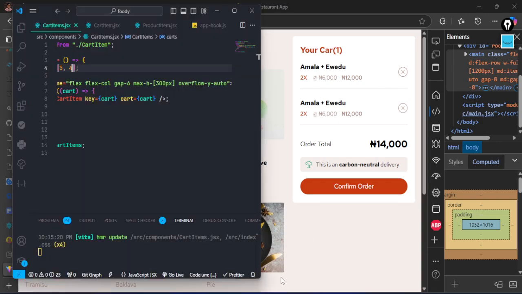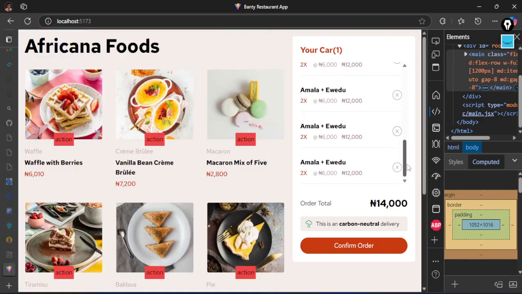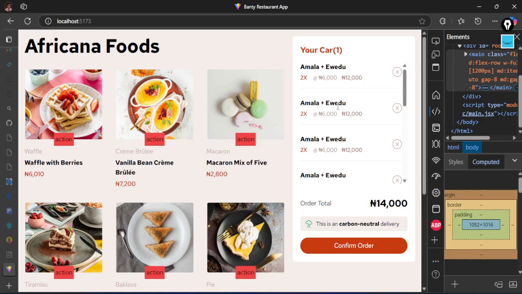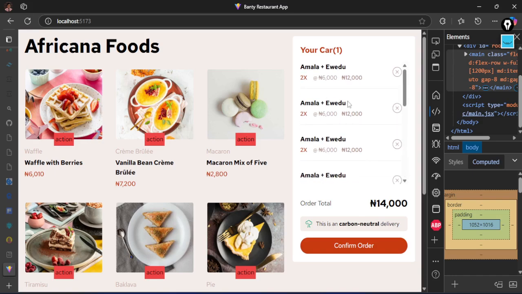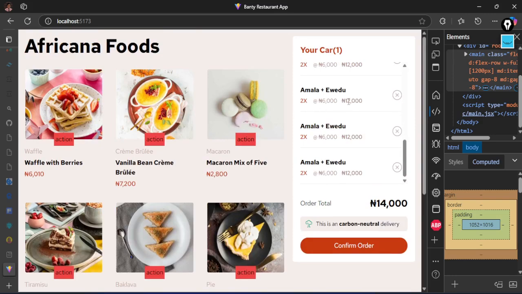But if you have more content, or if you have more cards that is now more than these 300 pixels as the height, because that's what we say max. Once it's trying to go more than 300, don't go more than that. Just give us a scrolling bar that we can use to handle moving up and down like this. So instead of the thing just going wide here, it's just going to give us the scrolling bar like this, which is really nice, because if you have a lot of products later on and you can add a lot of items, when you're working in a supermarket now, you can buy a lot of items,